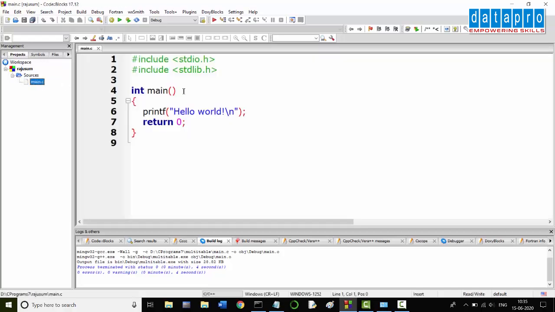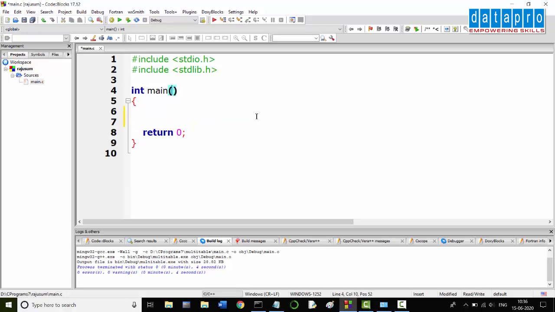Now open the main.c source file. Now let me write the command line arguments program here. What are the commands that we pass to the main function? I told you that they are passed to the main function, so we should receive them. We have to write two parameters for the main function. Int, any name we can give, receives the number of arguments that we are passing from the command line. So let's say argc, just a convention to name the variable as argc. It can be anything else as well. You can say x, n, something.